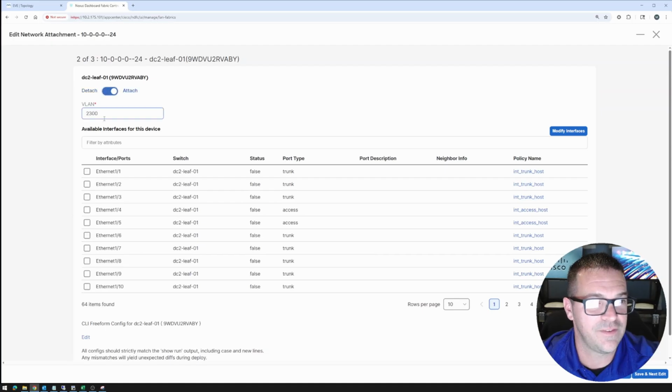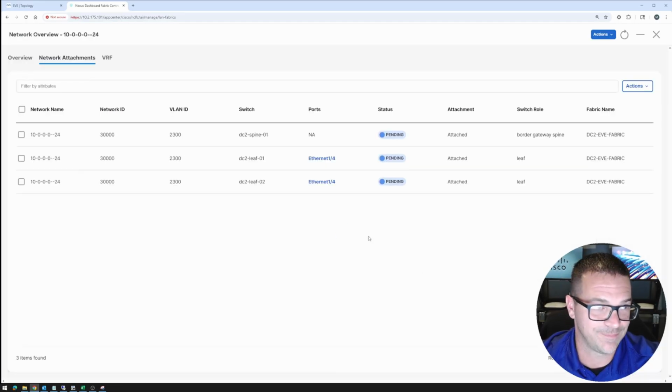Now for the leaf, okay, we're going to attach that to port 4 because that's where the end host is connected to, and now it's in access mode, so that looks better. Then finally we'll attach it to 4 on the second leaf, which we know it's not connected, but we're going to attach it anyway. So that's a pending change. Now we're going to go back to